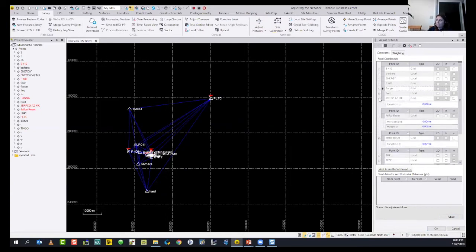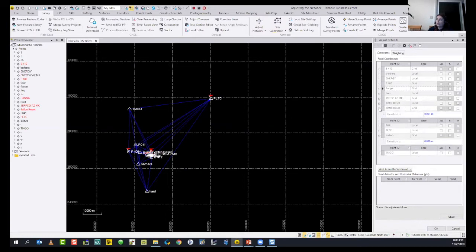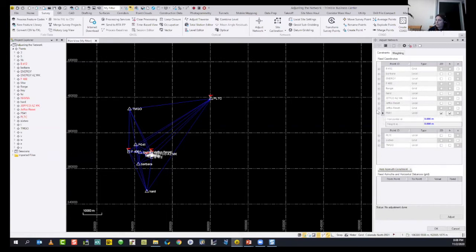For this data, it's really important to know your data sets and what you have in here. So right now we have 13 points. 10 of them are level points and 3 of them are GPS points. As an example, I'm going to start with changing the settings for 2D and height. So sigma set as 0. I will hit adjust.